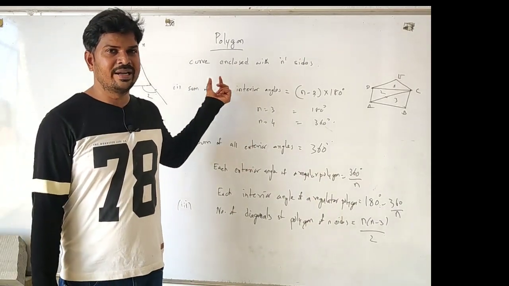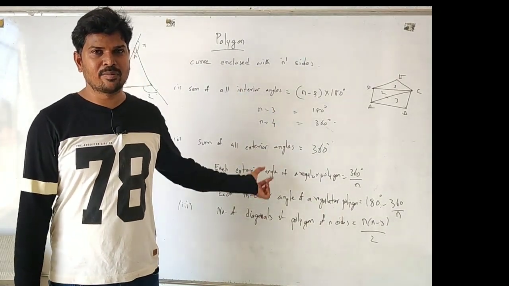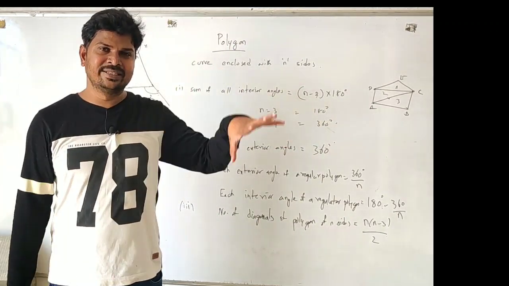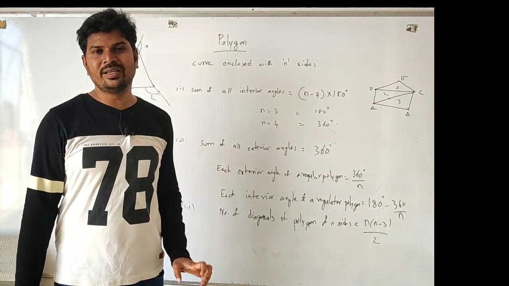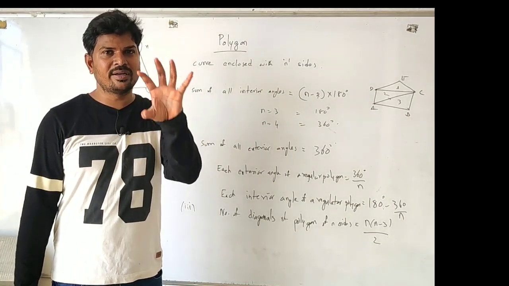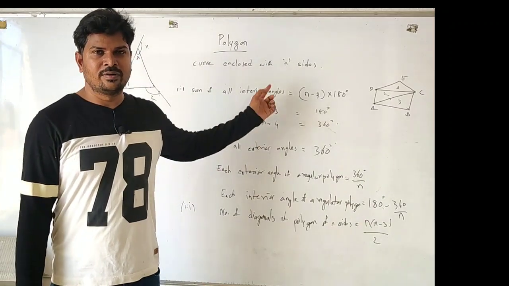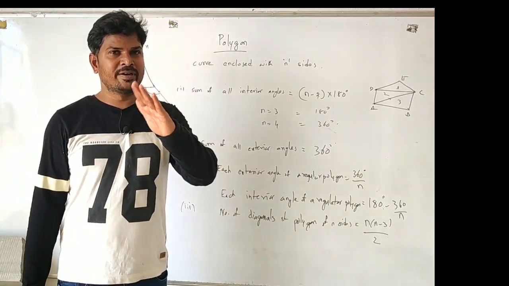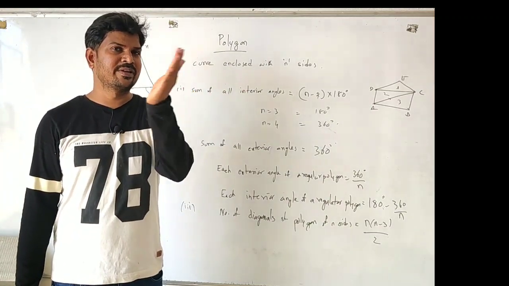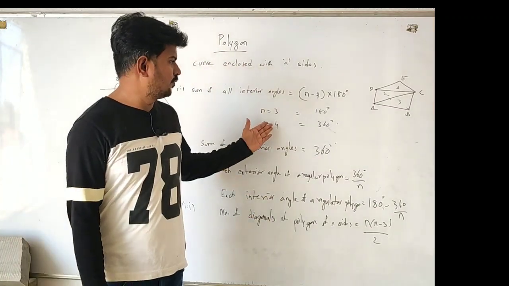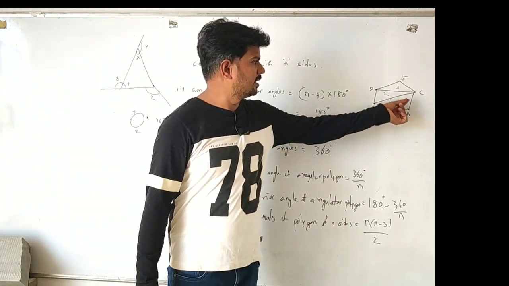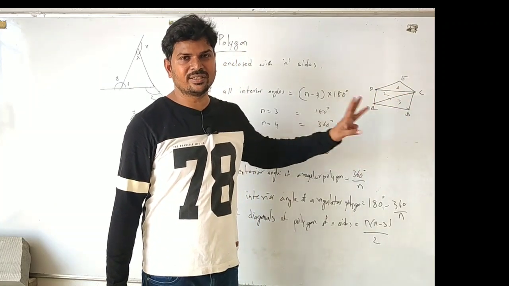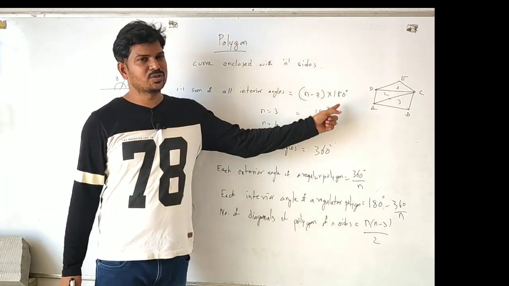The sum of all interior angles in a polygon is (n minus 2) into 180 degrees. So why is it 180 degrees? The sum of interior angles in a polygon can be decided based on how many triangles can be drawn in the polygon. You know the sum of angles in a triangle is 180 degrees. If you take a quadrilateral, we divide it into two triangles, so the total sum of interior angles is 360 degrees. If n is 5, a pentagon with 5 vertices, how many triangles can be made? 1, 2, 3: 180, 180, 180. So the total is three 180s. So the formula is (n minus 2) times 180.